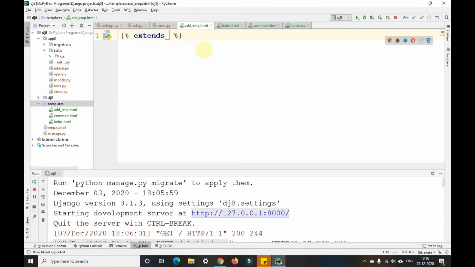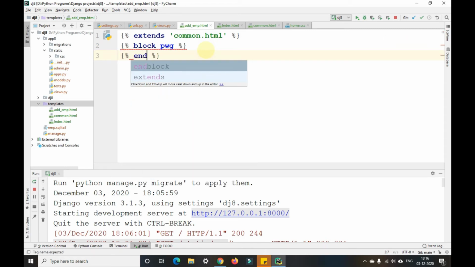Extends single quote common.html, and after that I'll open the block tag, block pwg as I've given there, and end block. Okay, in between of these block tags we need to write our code, whatever you want. Okay, now as we have seen in yesterday's video, we have created a form to add the data,